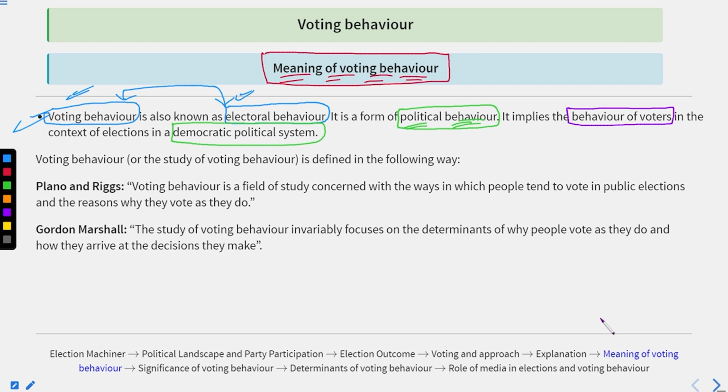So 5 years is a huge time. 5 years is not a short time. In 5 years, whatever policies the elected candidate makes could affect the country internally, regionally, or even internationally. That's why it becomes quite important to understand on which basis the voters select their candidates. So basically we can say